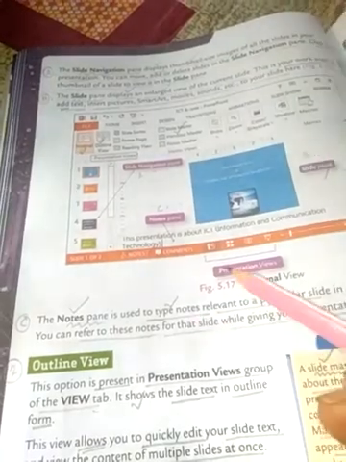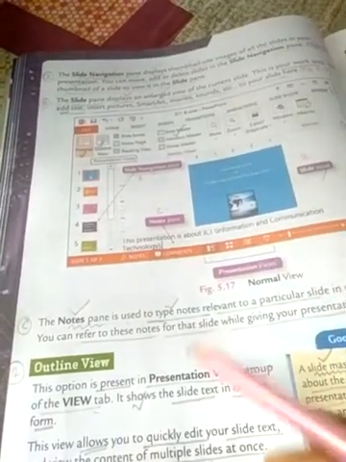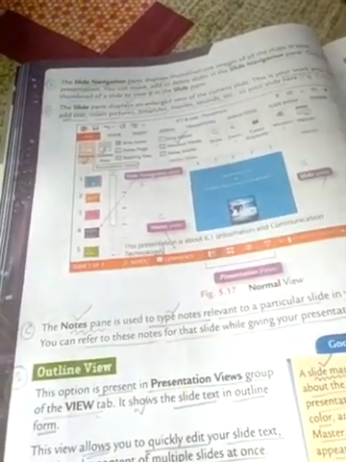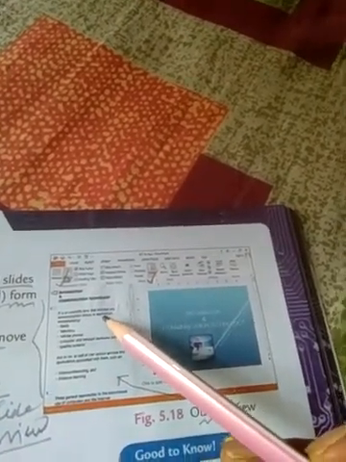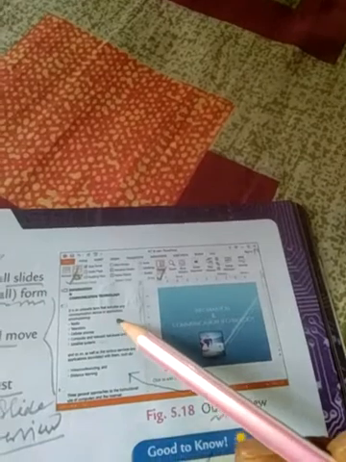And this outline view is used to show the slide text in the outline form. This is the outline view, this is the slide, and this is called the slide text, and it is given in the outline form.